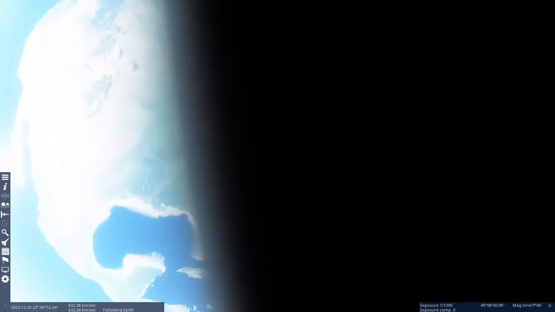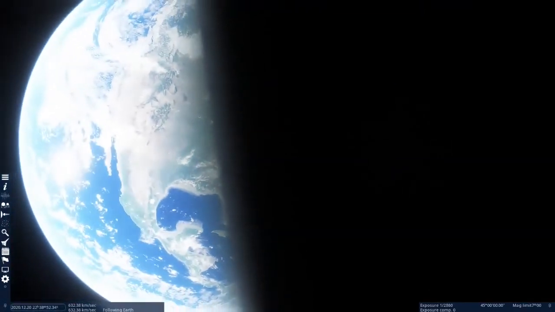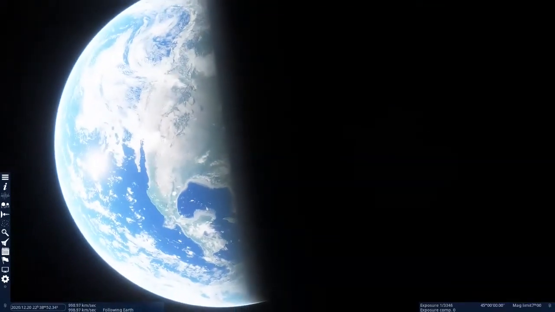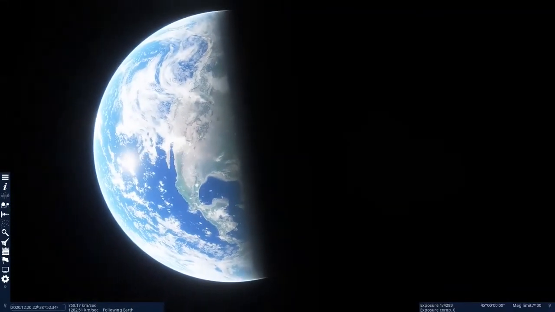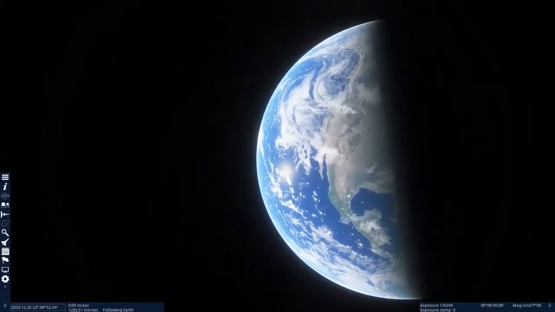But we're still looking at Earth, and as we climb up higher, you remember it was just an hour or two after sunset, so the western half of the United States is still illuminated, and the camera exposure adjusted automatically so that we didn't blind ourselves with too much light from Earth. And that meant that the city lights on the right-hand side faded out. And we can see, of course, the landforms and the Pacific Ocean and the clouds and a nice little glint of sunlight off of the Pacific.